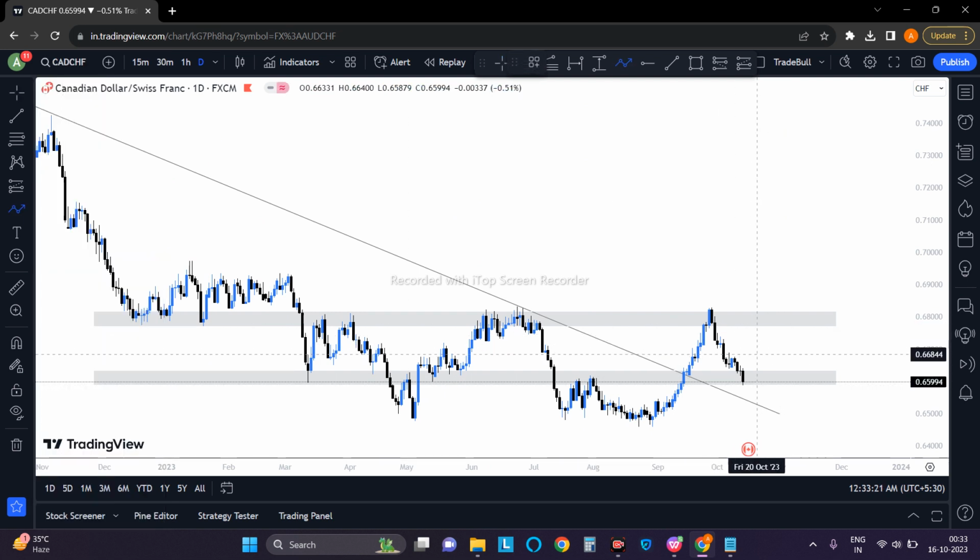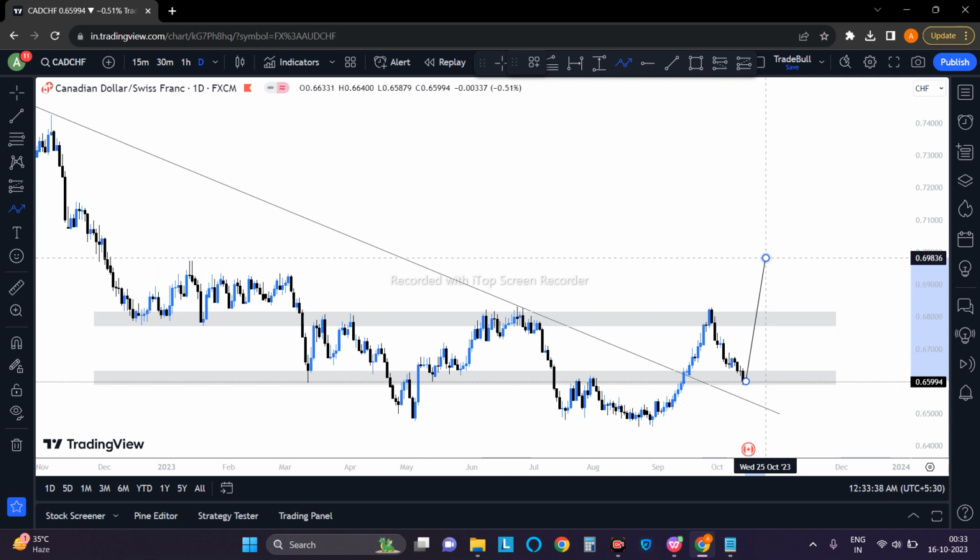What's the possible path? Since there is a clear rejection on this level and this zone was tested earlier, now I would be looking forward to a break of this zone. Since this zone is now weak from multiple tests,